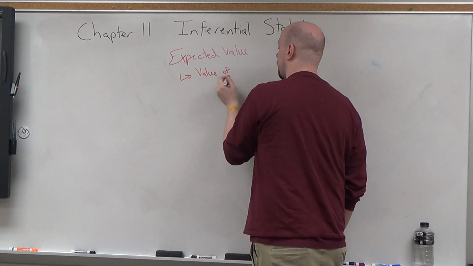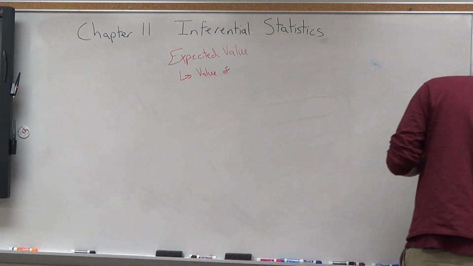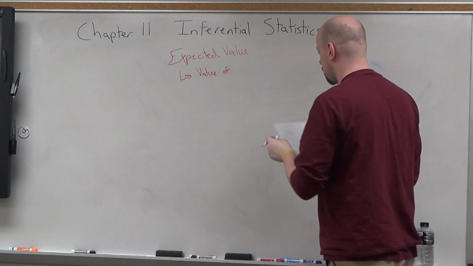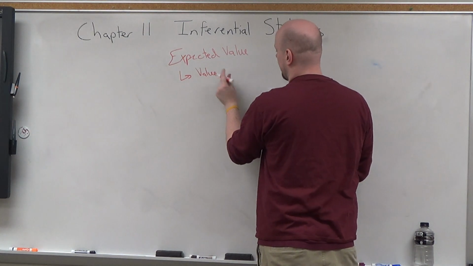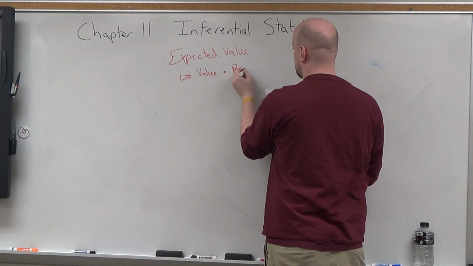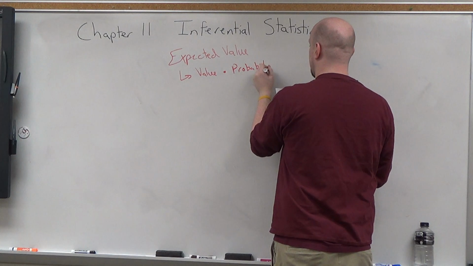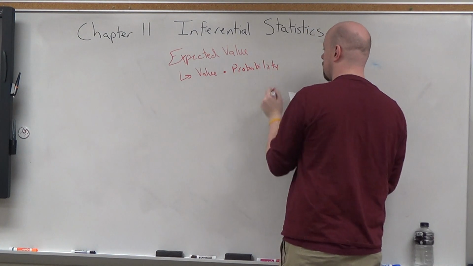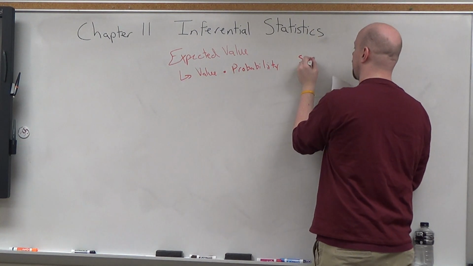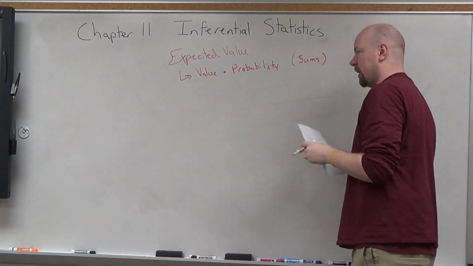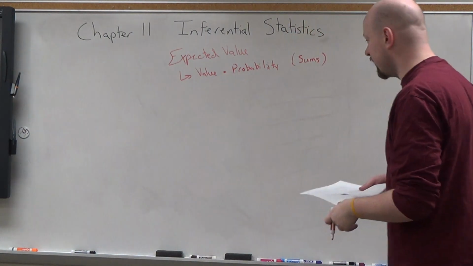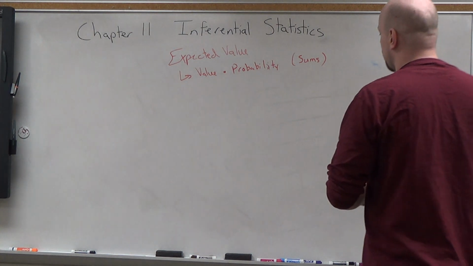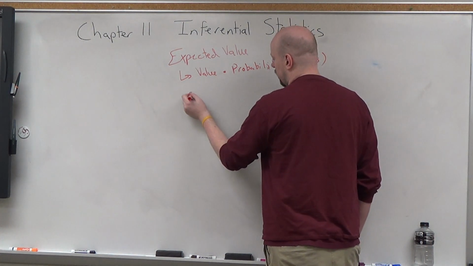A value of, let's see, where's my official thing I had for it? It's value times probability, and it's the sums of those, if you have multiple. So the example we did way back when in geometry was the expected value of rolling